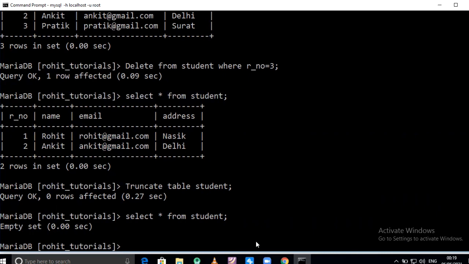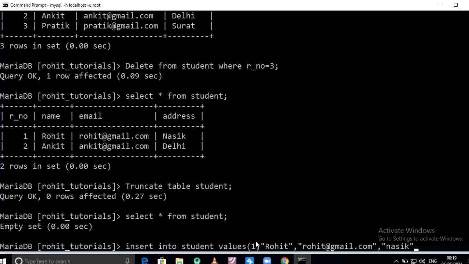So we will check whether the structure of the student table is available or not by inserting any one value. Let's insert into student values 1, roll number is 1, name is suppose again Rohit, ID is suppose @gmail.com, and address is Nasik.